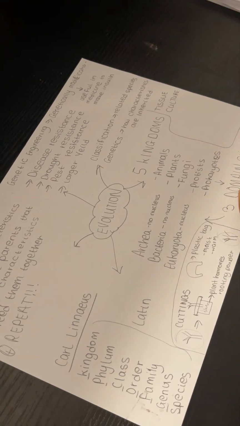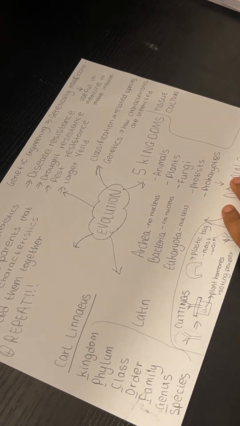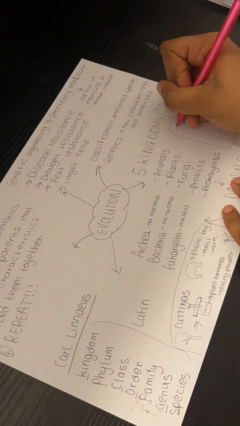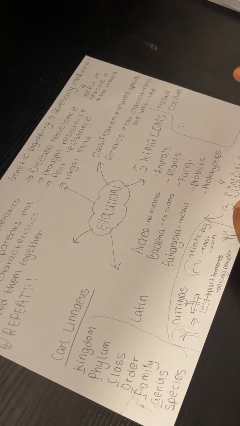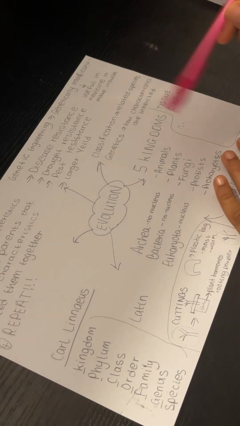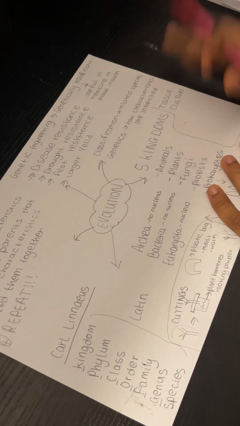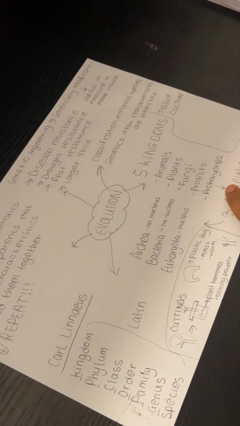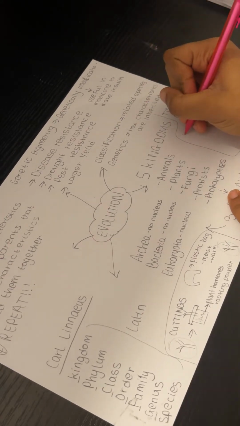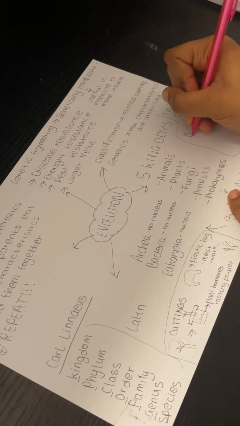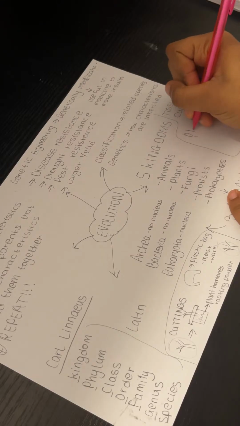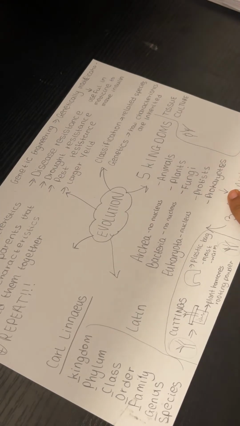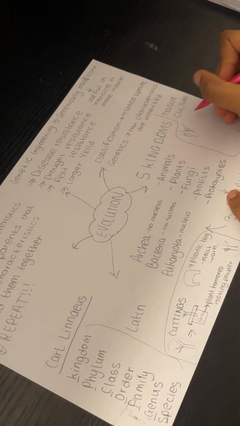Tissue culture is when you get small pieces of the plants. They're called explants. So let's say this is a bit of a plant here, and this is another bit as well. And then you put them in this